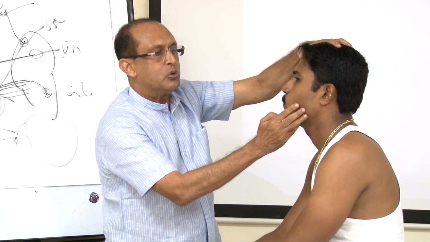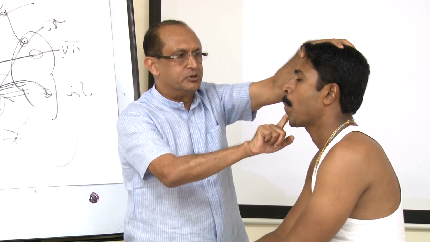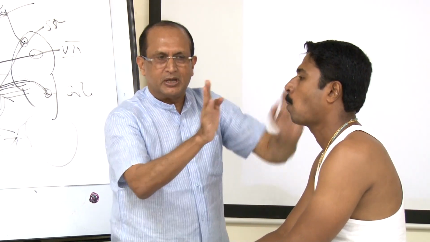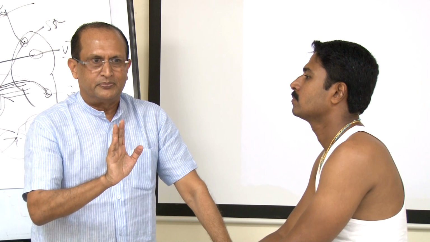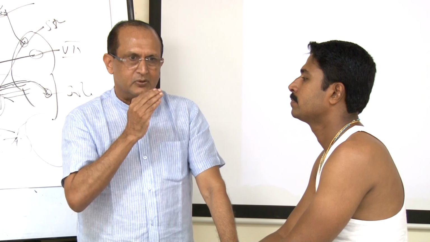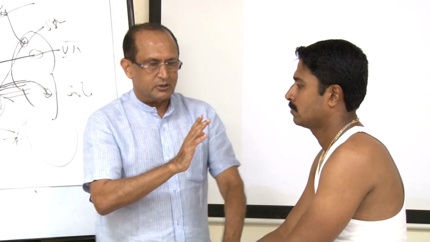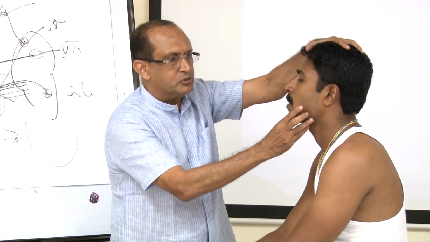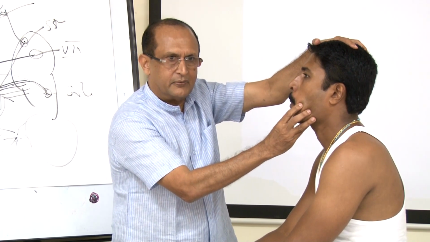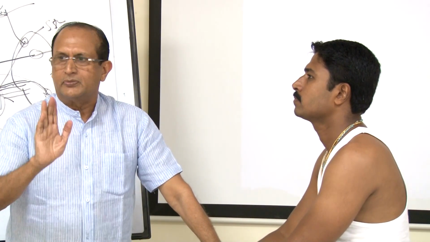Ask him to push the tongue here, and here. Ask him to do this on either side. If that is powerful, then you know that the 12th is not involved. So in a 7th nerve palsy, when you ask him to put out the tongue, it will be slightly deviated. That is because of the lack of proprioception. So to make sure that the 12th is not involved, you ask him to close the mouth and push the tongue against the cheek on either side. That will be very powerful. So you will rule out that the 12th is involved.